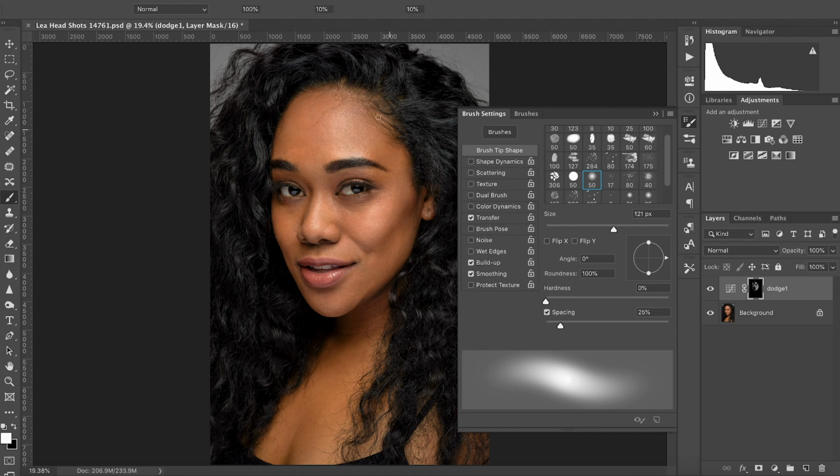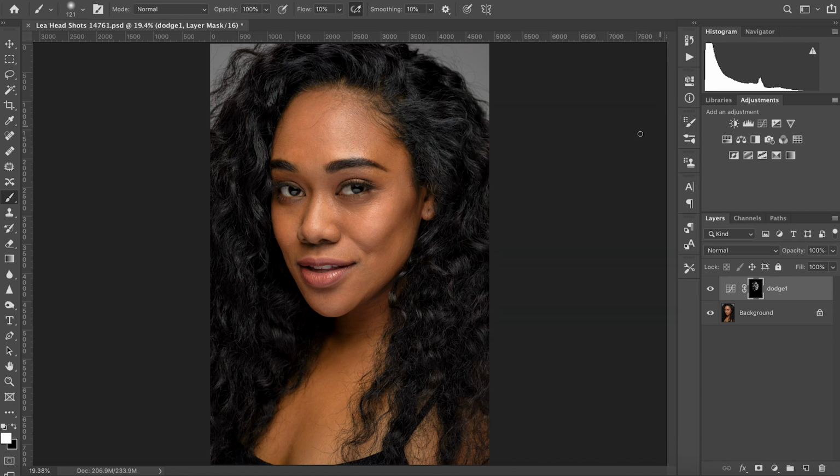Going lightly over it. Cool. There we go. Before, after. You know what? I still see some area where